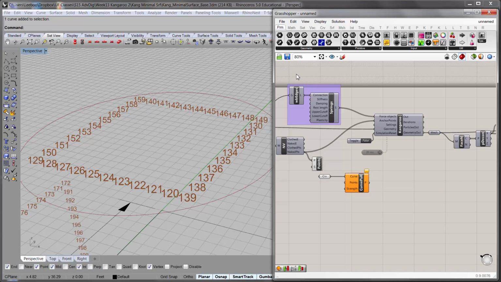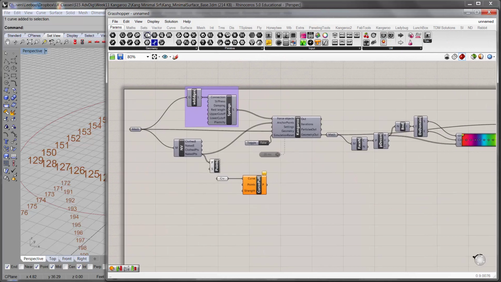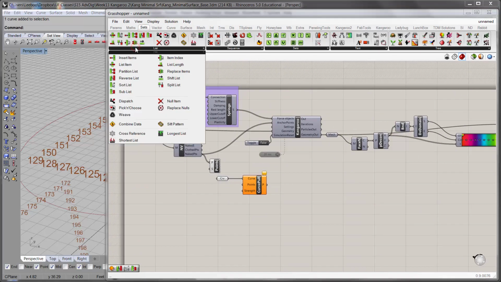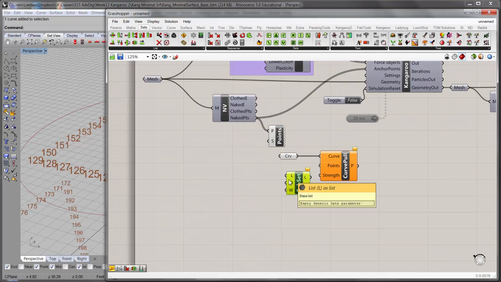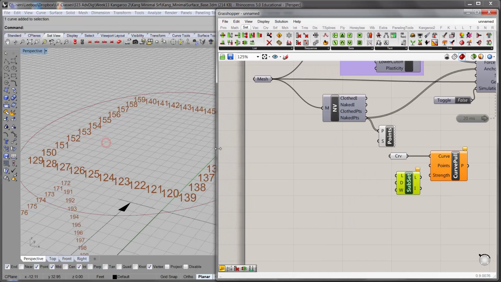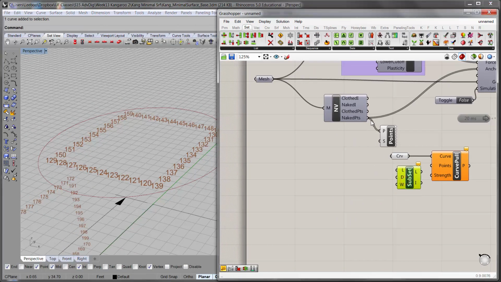Okay, so the way we do that, go to sets, list, and here, sublist. Extract a subset from a list. Okay, this asks for the list, base list, a domain of indexes to copy, and remap indices that overshoot the, you don't have to worry about that. Okay, so here the list obviously is the whole naked points list, and the domain, which goes from 120 to